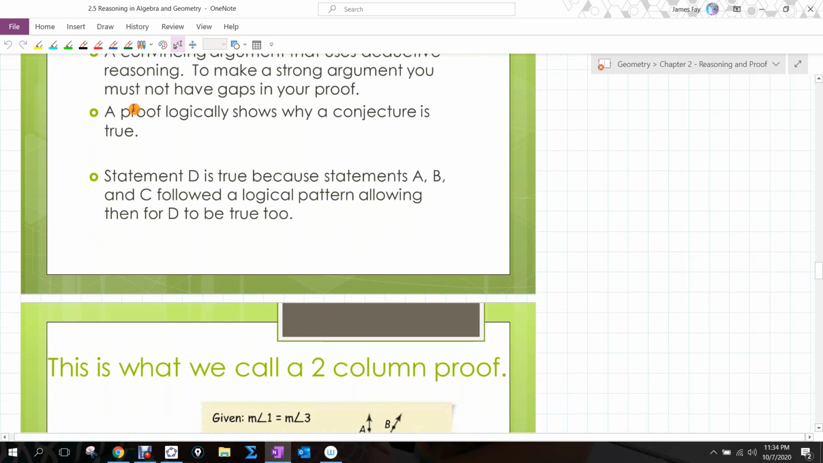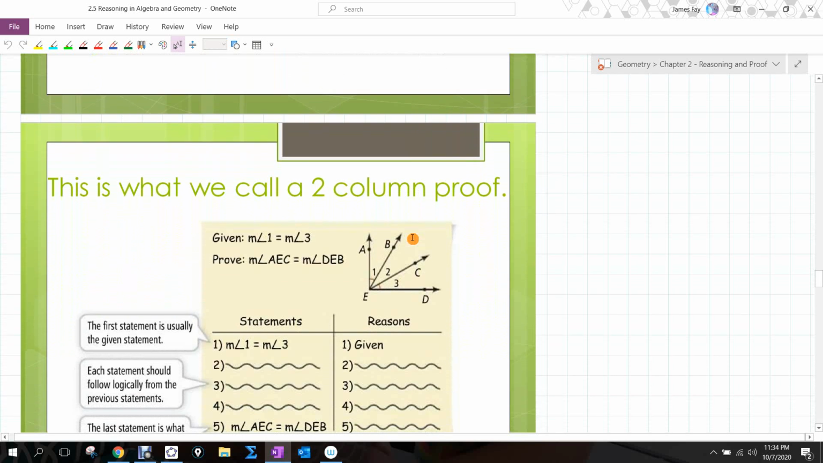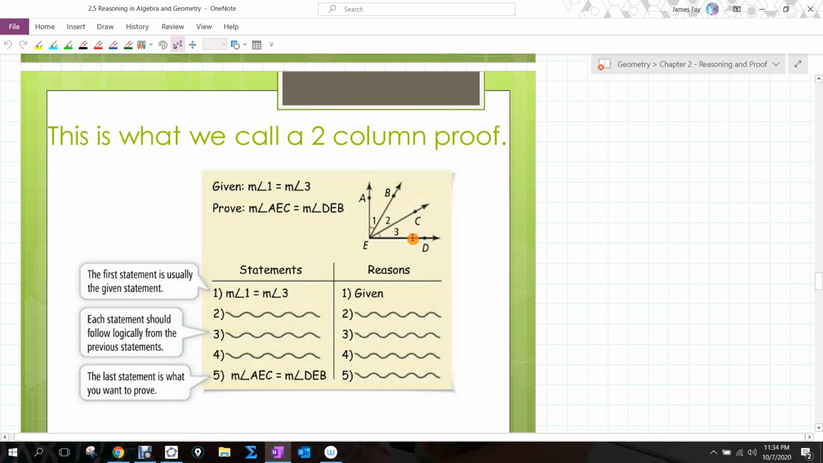So the proof logically shows why a conjecture is true. Some things that we're going to do, and we've talked about this with the law of syllogism already. Statement D is going to be true because statements A, B, and C all followed a logical pattern that were true. That then allows D to be true and be indisputable. So what we'll do, we've got a mechanism that we go through in geometry called a two-column proof, and